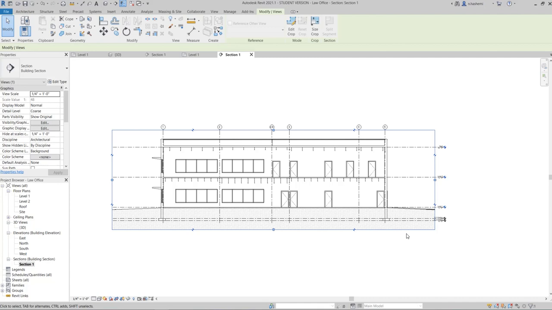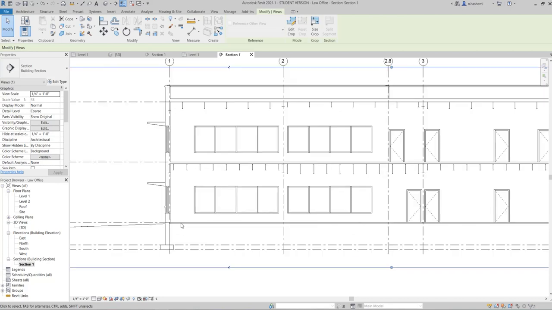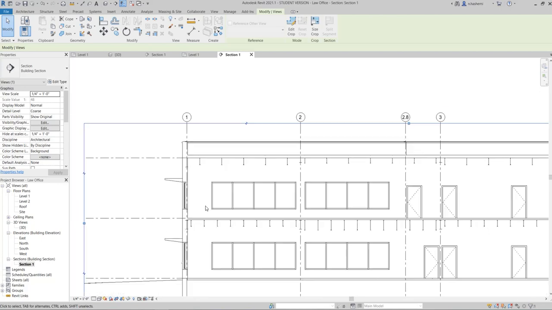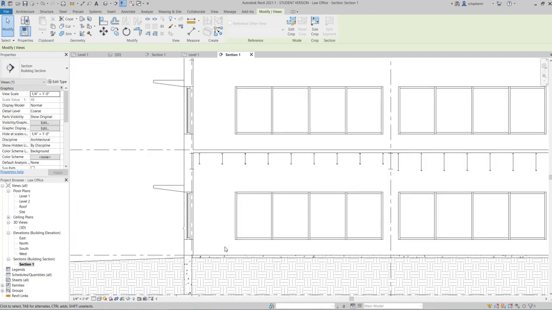Next thing we want to talk about is the detail level, and this is very important. This one would be one of your quiz questions, okay? So make sure you will write this down. Okay, let me zoom in one part of this section, okay? And here is the detail level button, okay? This is right now set to coarse, and how can we understand this is set to coarse?